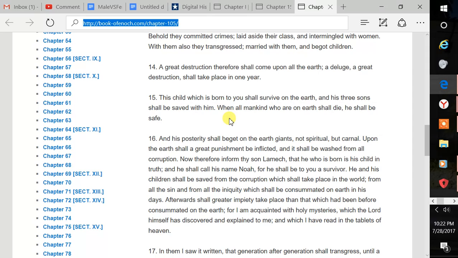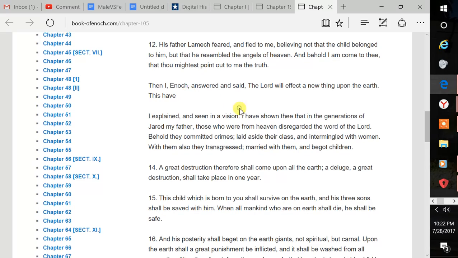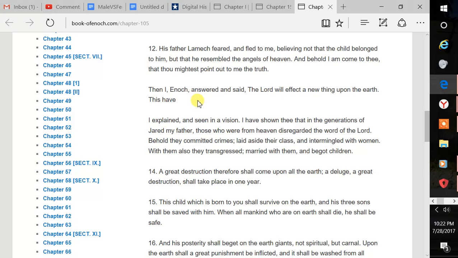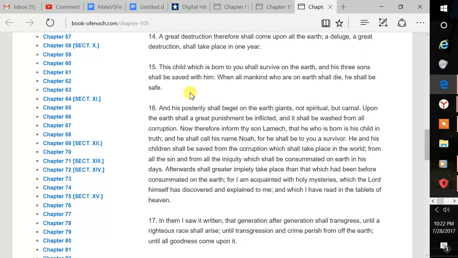and telling Noah, or rather Lamech, what was going to happen, because Lamech was the father of Noah. So he's telling Lamech what's going to happen during his time and during the time of Noah. If you're reading from the book of Enoch, this is chapter 105. I'm going to read from verse 15. He says, this child, now referring to Noah, which is born to you shall survive on the earth, and his three sons,